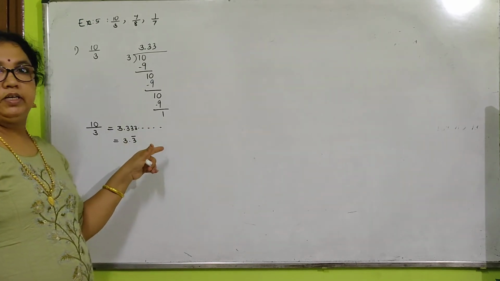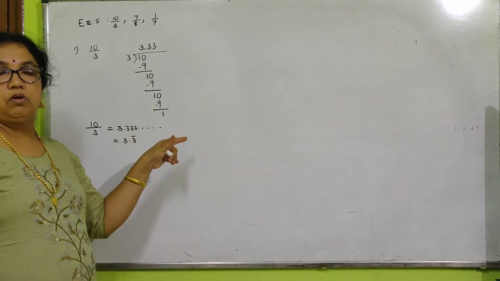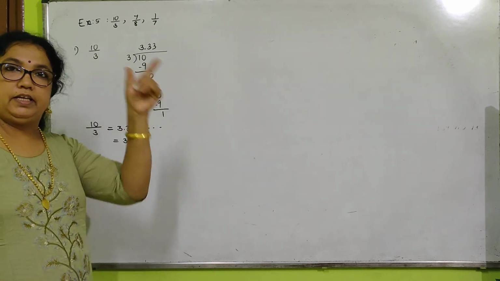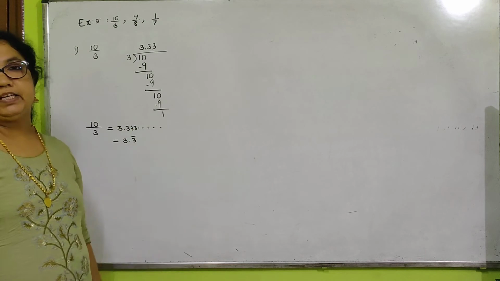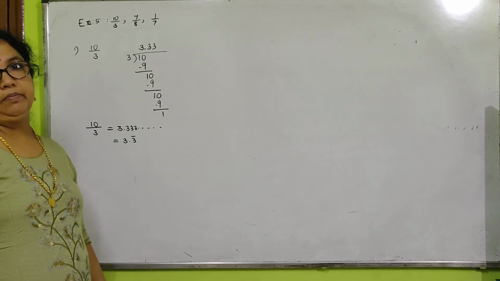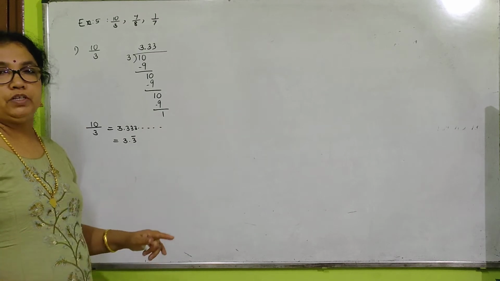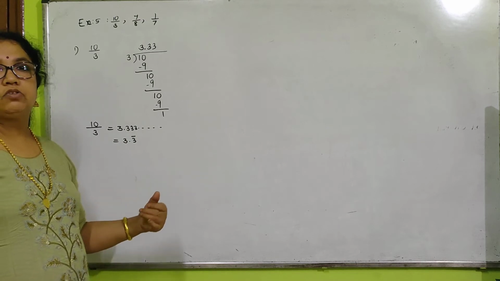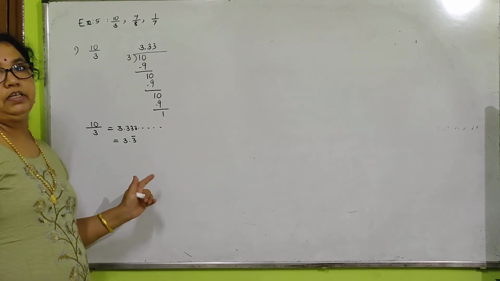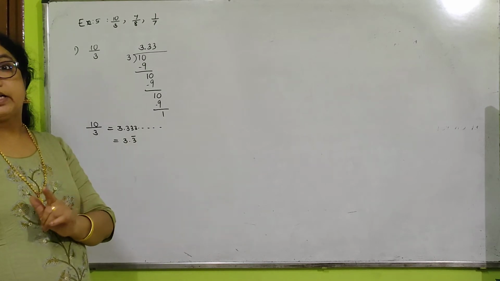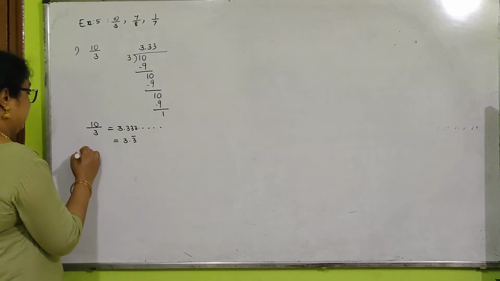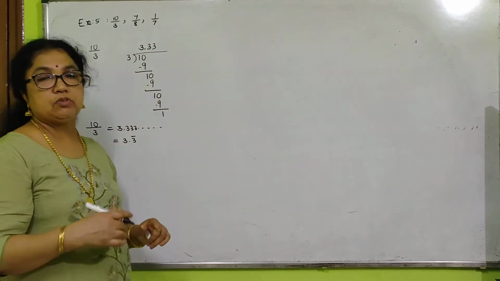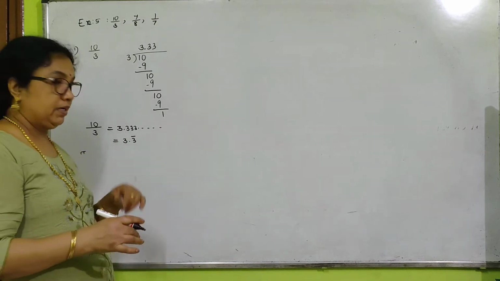If the remainder comes to 0, it is called a terminating decimal expansion. Here the 1 keeps going on, 3, 3, 3 like this. This type of decimal expansion is called non-terminating, meaning it is not finishing. The division is not finishing, so non-terminating. And here a digit is repeating, meaning recurring. So this decimal expansion is non-terminating and recurring. Here it is not asked, but I am still writing which type it is. Here we only had to find the decimal expansion, but I am writing the type also.